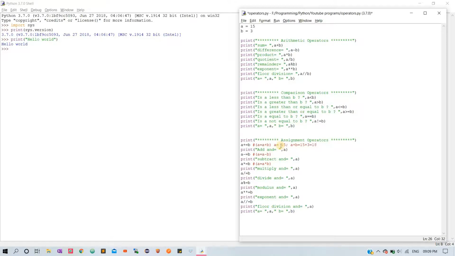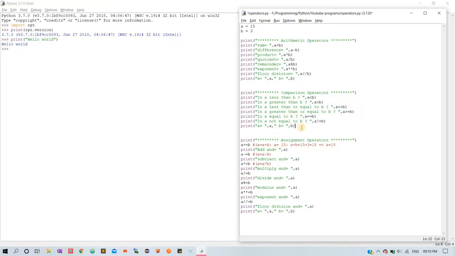In the assignment operator, the value of 18 gets updated to the variable a. So now the variable a becomes a equal to 18. That's the major difference between the arithmetic operators and assignment operators. All the arithmetic operators can be used and assigned to a variable.